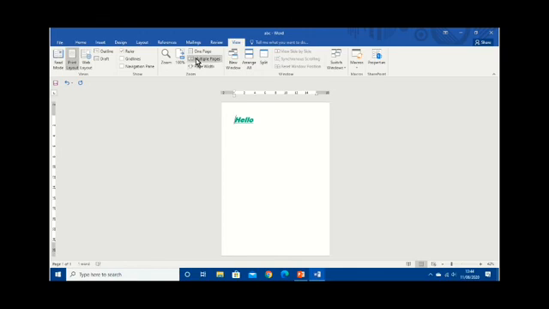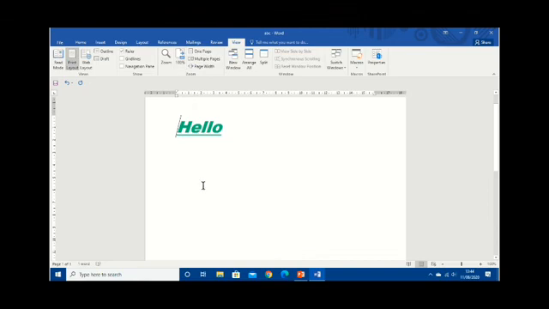Multiple pages view are also there. Look at the screen, it is there. If more than one page is there, you can look from that option. Now 100% view is this one. This way you can view your page before printing.